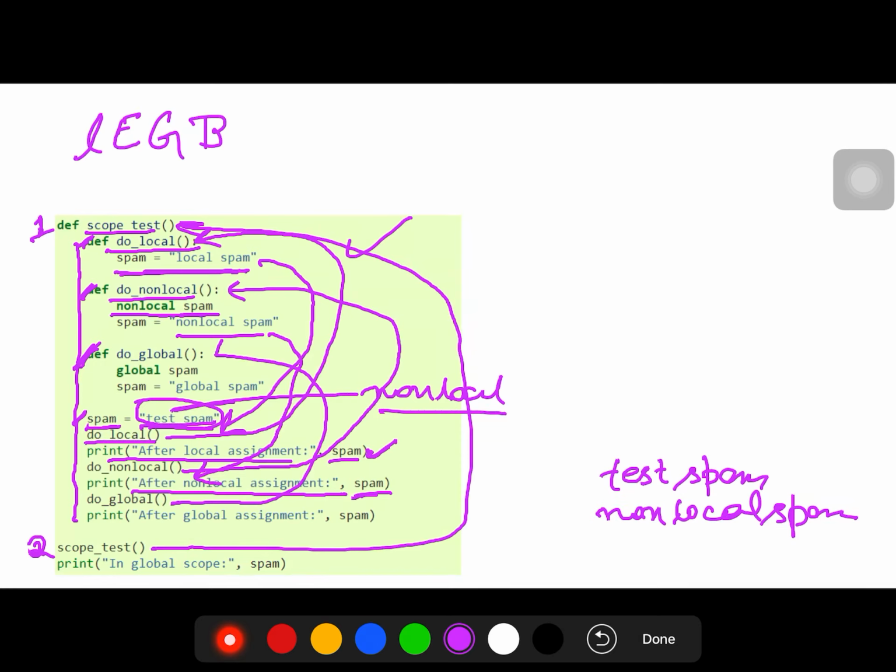Again we have a call statement to do global. Now global is the main's spam. We will find where spam is here. Spam is in the global scope here. This is the global spam.